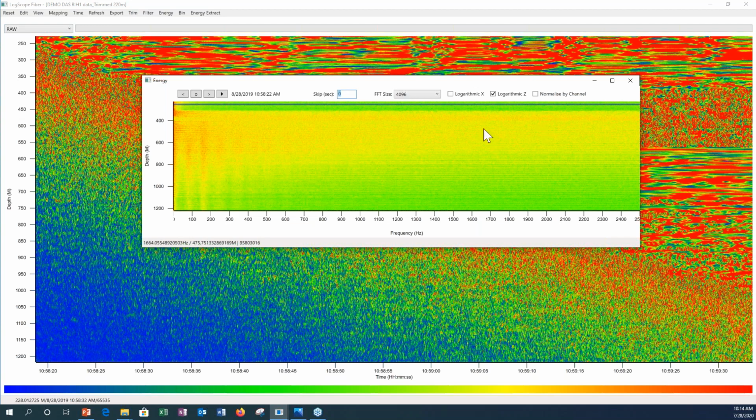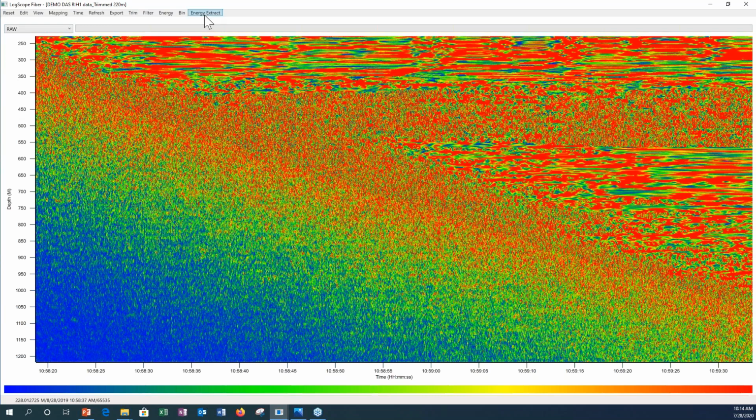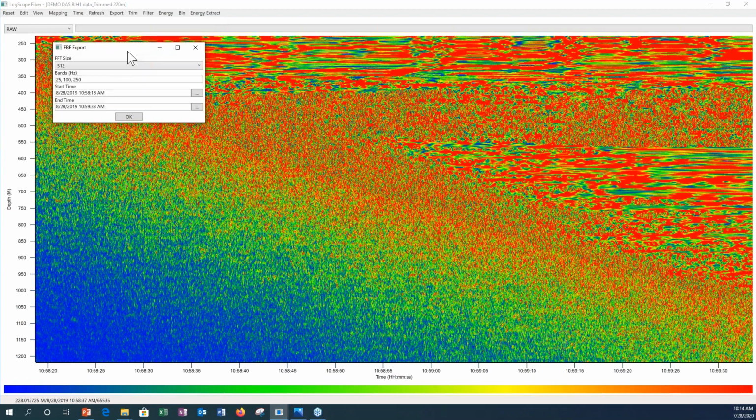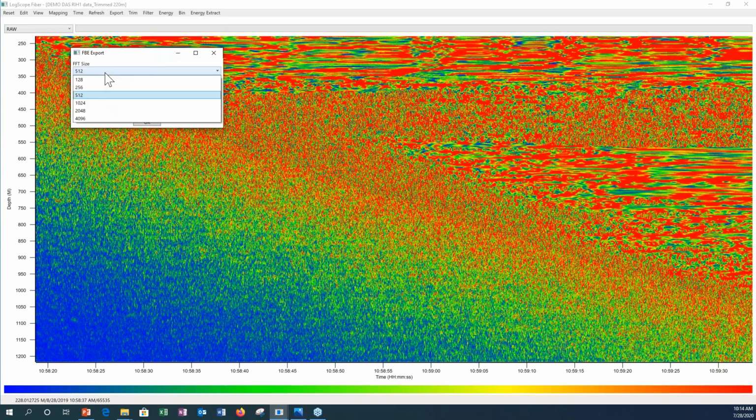But again, we're just looking at general frequency content of the data to help you decide what kind of filters you might want to apply to the data. Now there is a way to do that in a batch mode, and it's called energy extract, and that will allow us to do some frequency band outputs. In this case, we also can select the FFT size. We can choose the bands, for example,